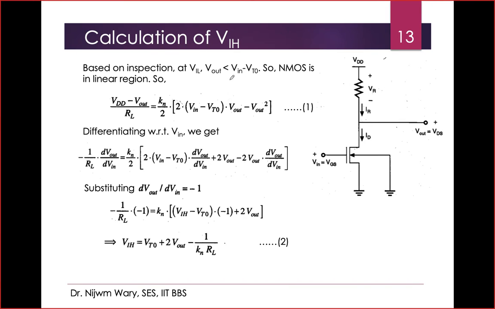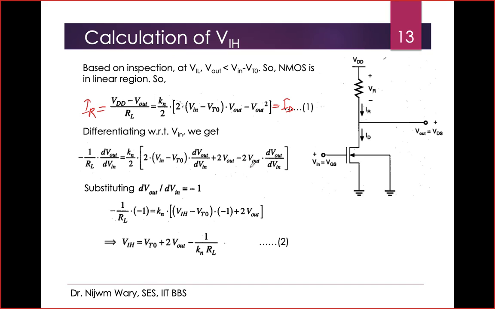So if I write the linear region equation for this MOSFET, which is ID, and again equate it with IR, the current through this resistance, and then differentiate V out with V in, I'll get this kind of equation, right? Using the same procedure, substitute dV out by dV in with -1, and now